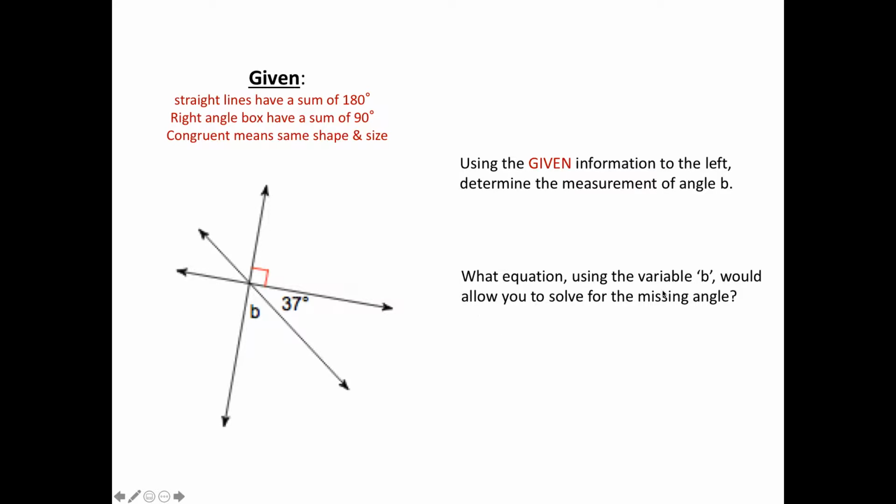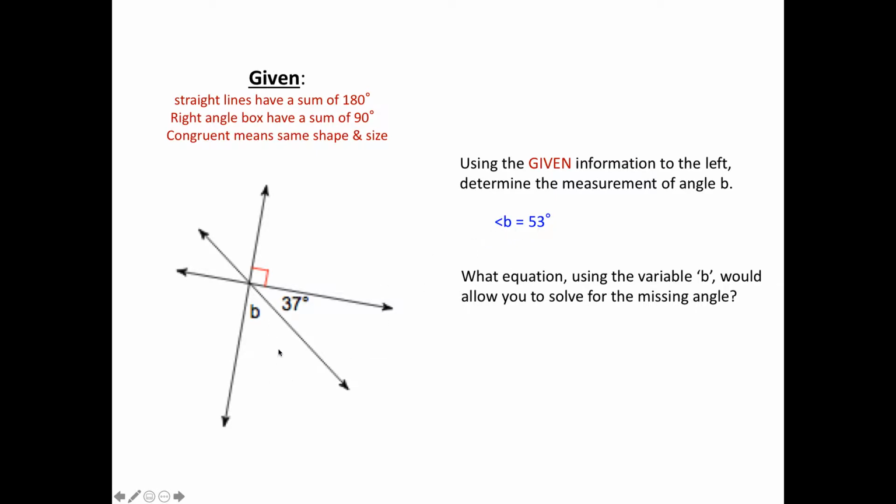Okay, now that you've paused your computer and you've tried it, let's see if you're right. I have a 90-degree box right here. So that tells me that this 37 degrees and B are 90 degrees as well. And it has a sum, so B and 37 when added together equal 90. So then the other way to think about it is 90 minus 37 would be 53. So 53 degrees. And it helps to figure out beforehand what our answer should